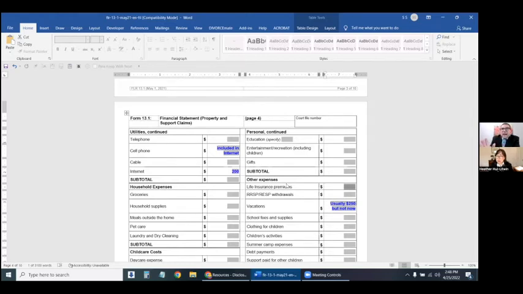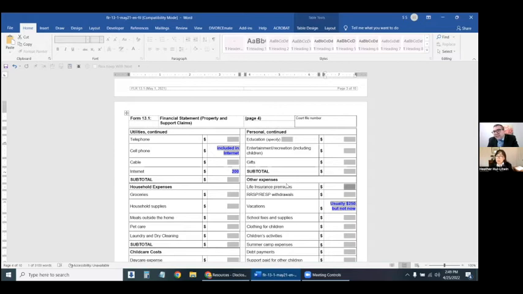I'll give an example when we get to the children's expenses, but that kind of granular look at the financial statement and financial circumstances will come up with such legal claims as spousal support when there is a very big disparity in income and high income. Child support when there are issues of shared parenting and one parent is paying more of the day-to-day expenses for a child. An undue hardship claim, which is also under child support.